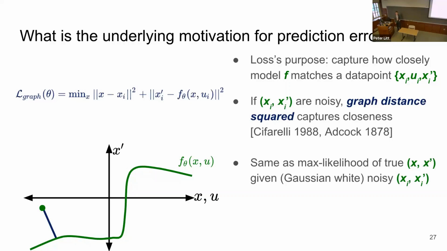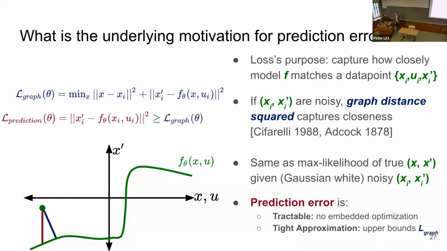And this is a classical statistical perspective that's been studied for at least 150 years. It's sometimes referred to as errors in variables modeling. And one of the reasons it has had such longevity is it has a firm statistical backing. It's equivalent to a maximum likelihood estimate of the noise in the data, assuming that the noise component is Gaussian white noise with zero mean. But it's worth noting that even just evaluating this metric, as stated, is solving an optimization problem. It has to find the closest point in the graph of this model. And that could be very difficult, especially if your model is nonlinear, then this could become a non-convex optimization problem.